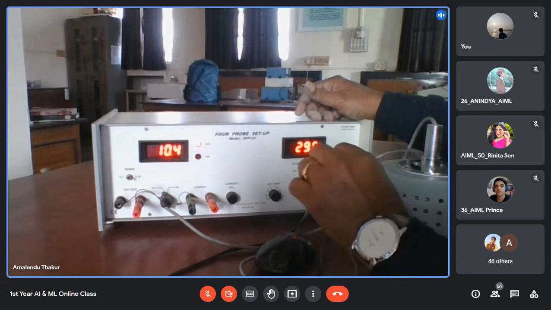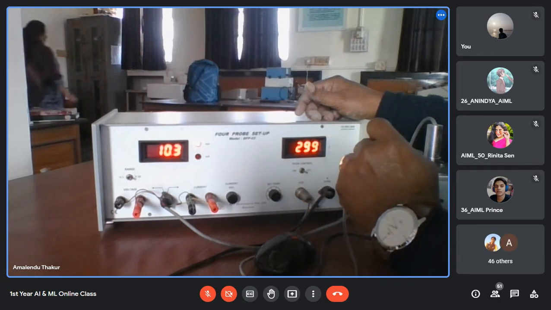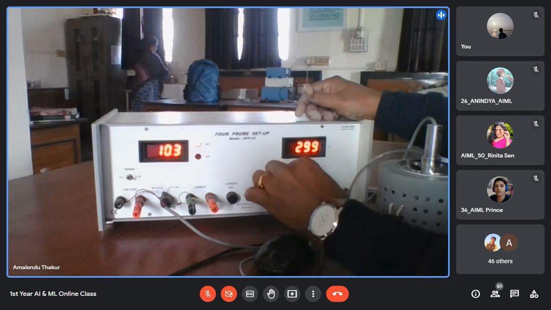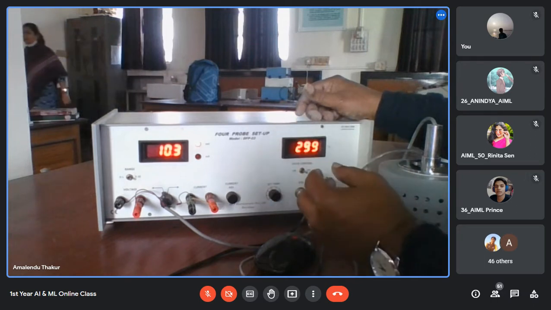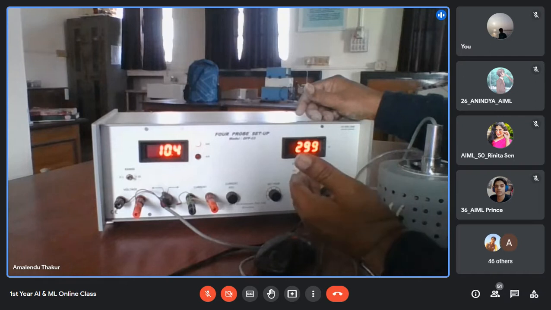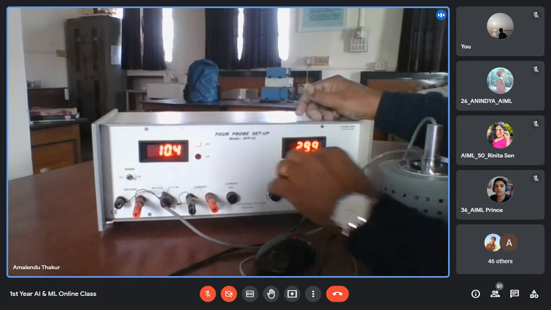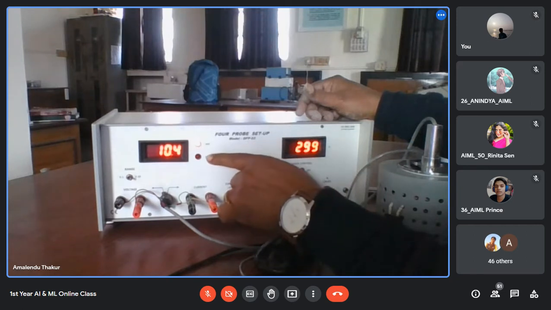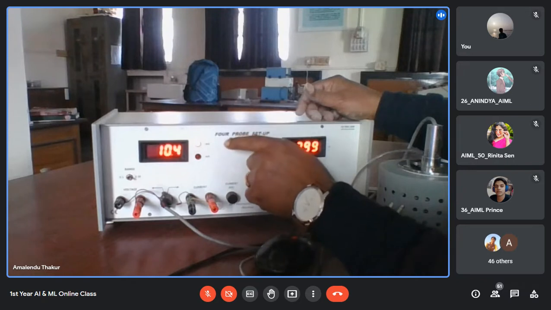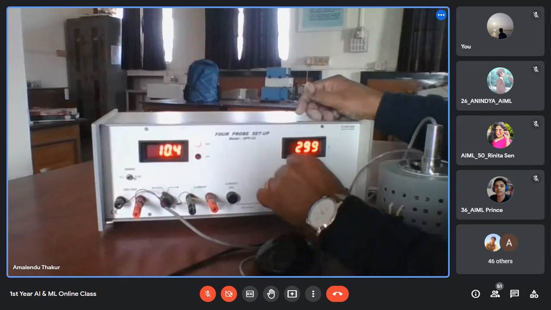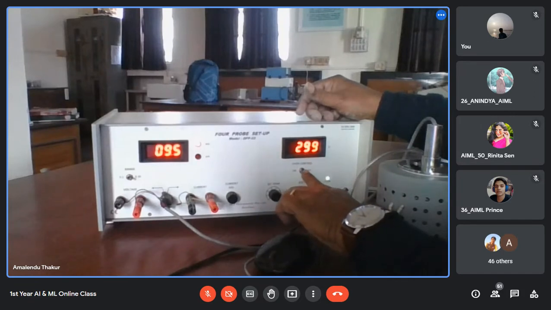Okay, now we start supplying the heat. We switch on the oven. When we switch on the oven, that means temperature will rise because heat will generate within the oven. Just to see, the corresponding voltage will also change, and we have to note down this thing against the temperature. That's it. Now we switch on the oven.